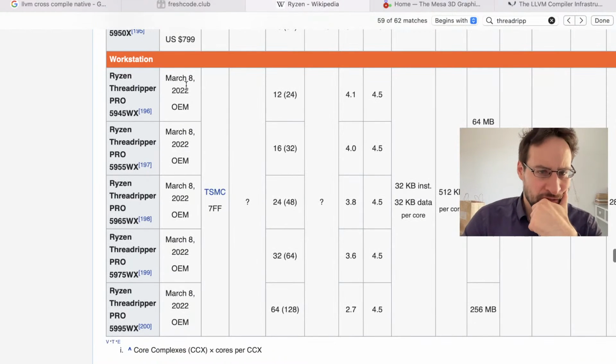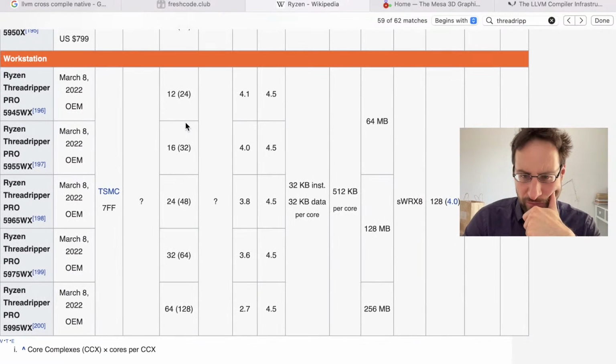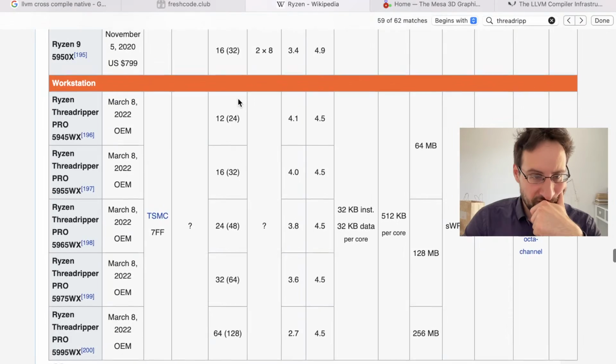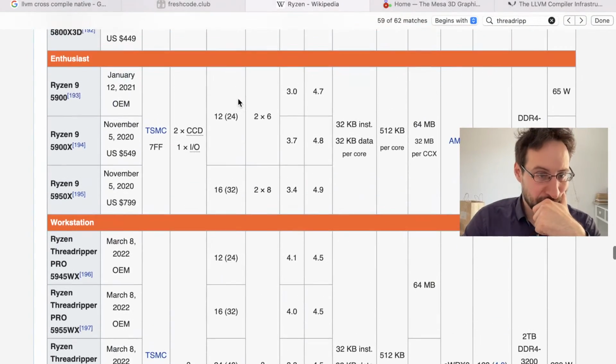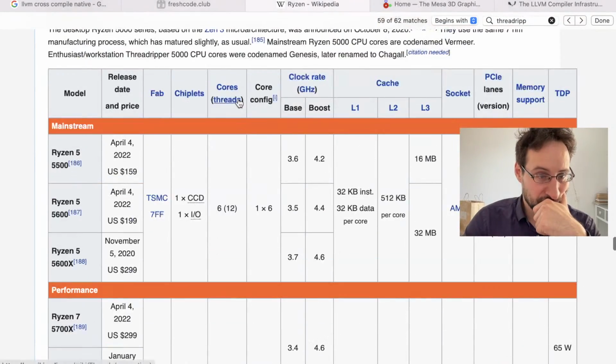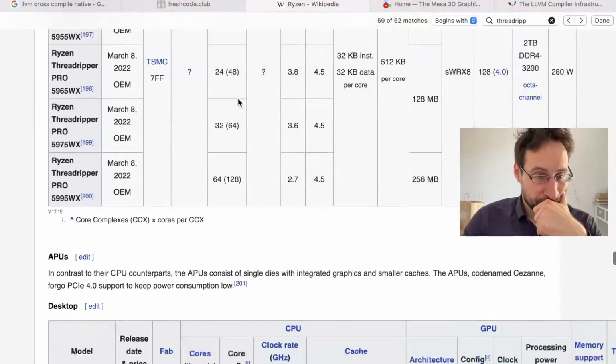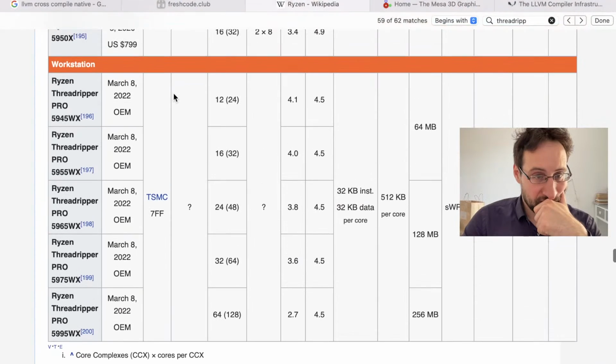Threadripper. Here we have some stuff. And okay, so unfortunately all of them appear to be OEM right now. This is also why they don't have a price here. Even here, theoretically, what would be the stuff that you can get right now? That would be 3,000, right? I mean, getting a...